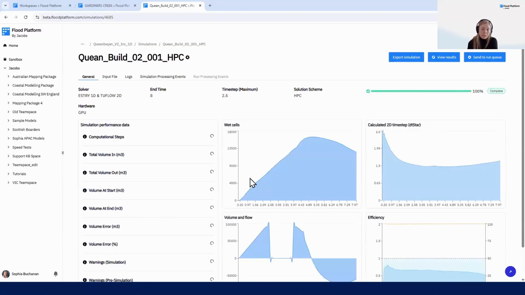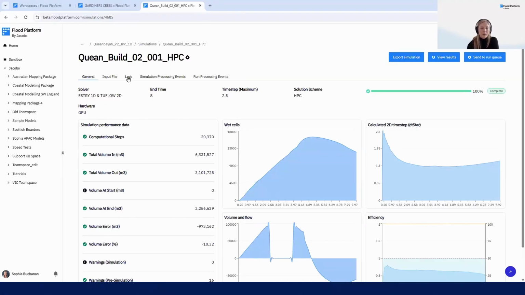Right. So once you go into a result, you get a nice summary view of the model results, what's happened, and the simulation health. We did a webinar a couple of months ago about understanding simulation health and how a healthy simulation doesn't mean a good model. So if you're interested, go back and check that out. But you can see here straight away that this is a healthy model, that the flood's receding. It's run all the way through. You get some details of what's been used.